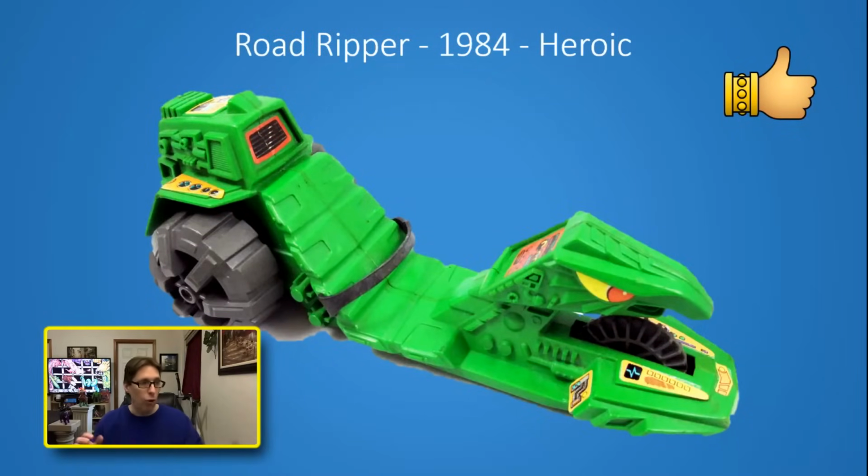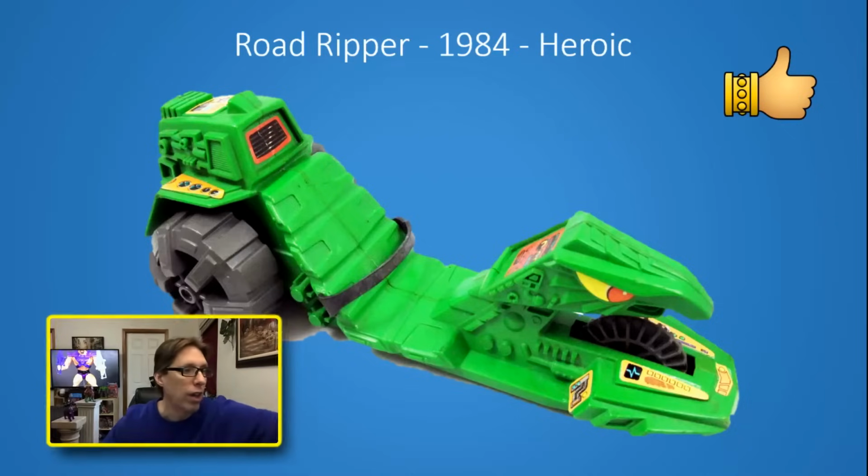Road Ripper. Now Road Ripper was always a blast because you pull that ripcord and the back wheel spins, and as it spins it takes off, and it's a big heavy wheel. Well, when my kids were younger, we would take and we would load data in the back of my